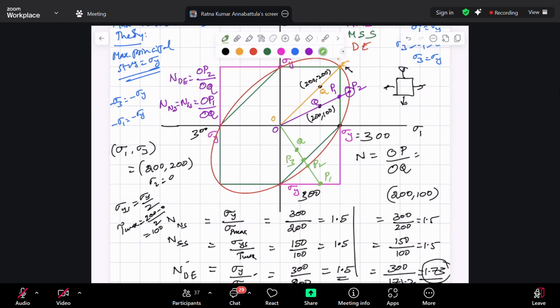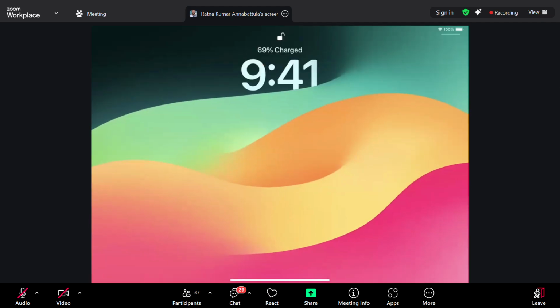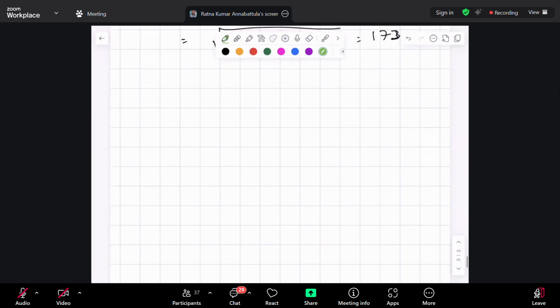So if there are no further questions, now I will give you a problem. Let us try to solve this problem. I am giving you a state of stress for a component whose yield strength in tension and yield strength in compression is 100 kilopounds per square inch. Now, you need to estimate the factor of safety for the following states of stress: 70, 70, 0,